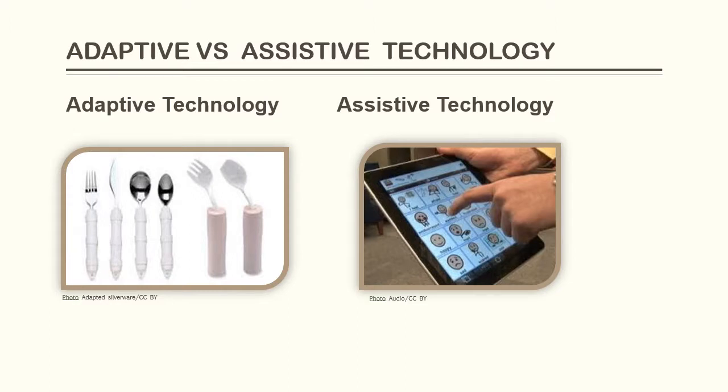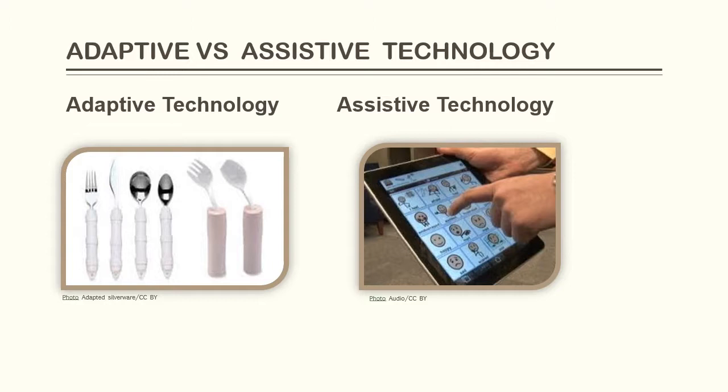Adaptive technology refers to special versions of already existing technologies or tools that provide enhancements or different ways of interacting with the technology. The adaptation helps individuals with a disability or impairment accomplish a specific task. Not all of the technology needs to be high-tech, as you can see in the picture of the eating utensils. A short list of adaptive technology may include things like large print books, large monitors, computers with voice output, word prediction software, keyboard modifications, alternative types of keyboards, and mouse.